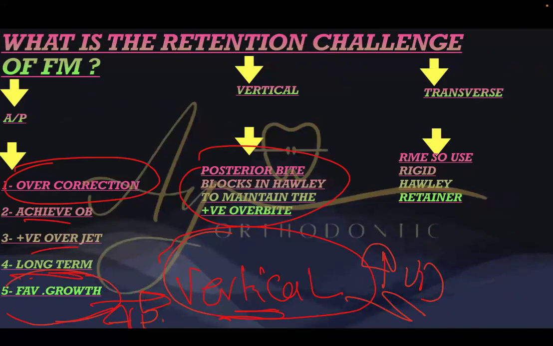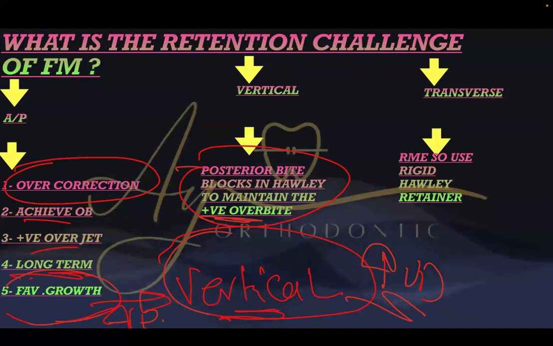Also the posterior bite blocks will tend to cause a little bit of molar intrusion and auto-rotation of the mandible, and it will deepen the bite. So it's a win-win situation. In the retention protocol, as it's starting as a shallow bite or class 3 case, and I used rapid maxillary expansion already, I need to maintain it with a Hawley with posterior bite blocks. Hawley to maintain the expansion I have done and the posterior blocks to maintain the overbite correction. Okay,